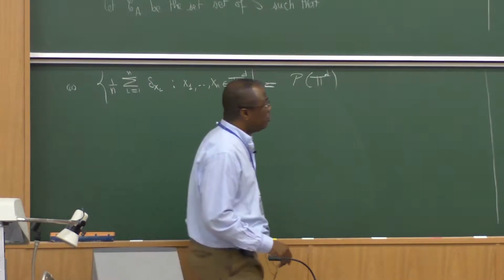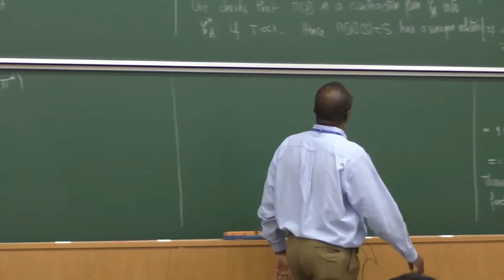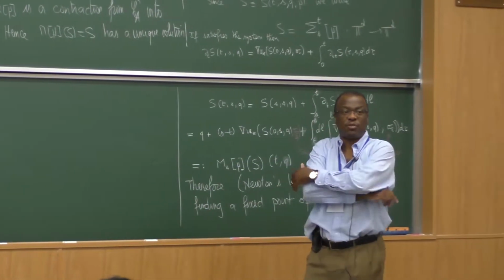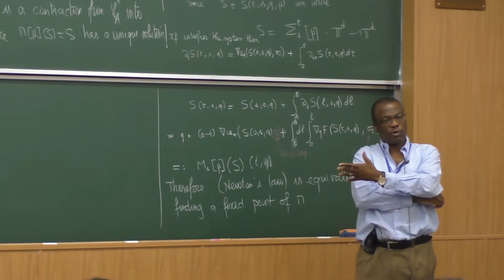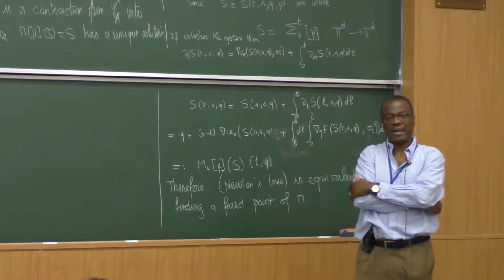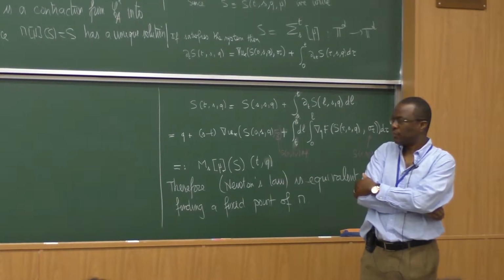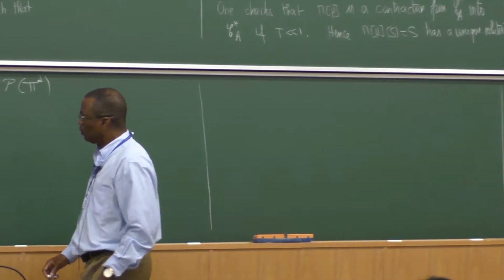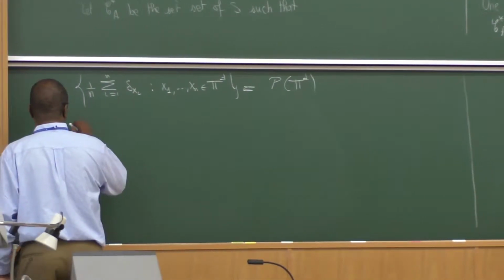Now, you are going to check that the limit is a fixed point of your map. And so since it is a fixed point of your map, you have concluded that the fixed point has this nice property. So here is what you do, study